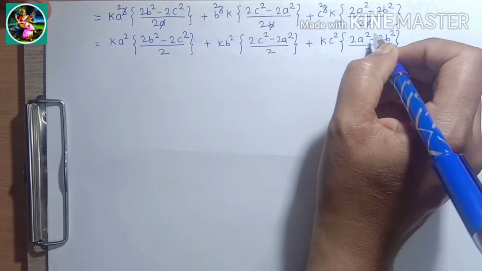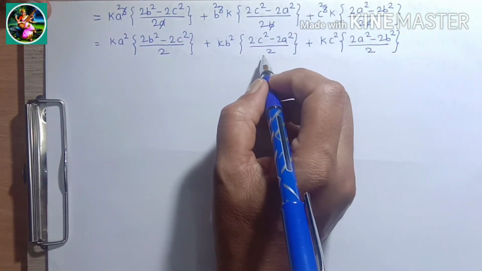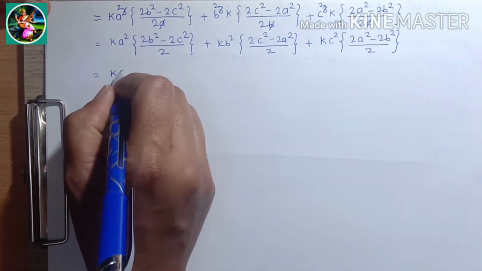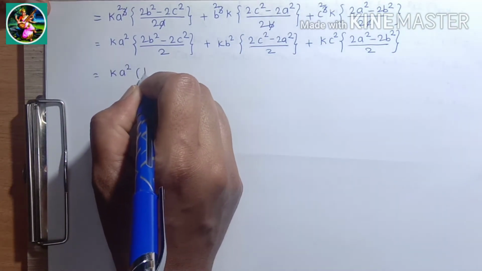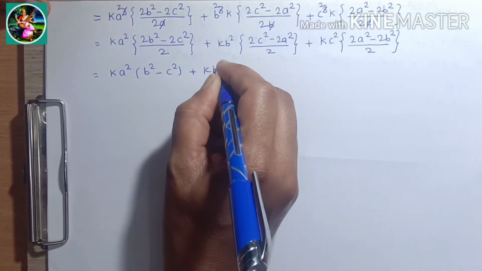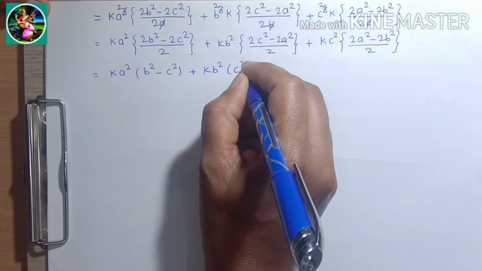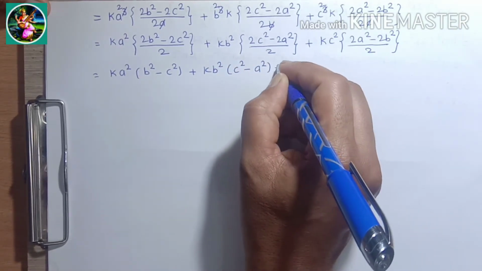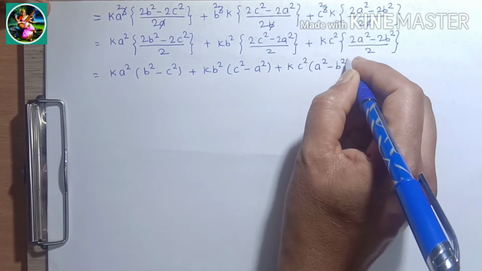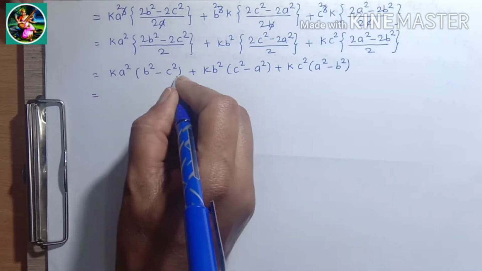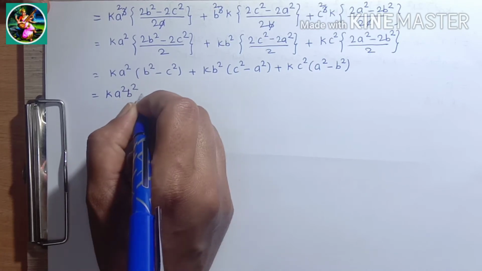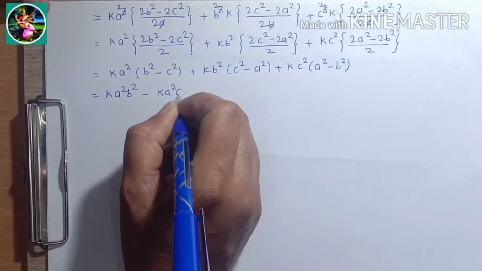We take 2 common from each numerator and cancel with this denominator. We get ka square into bracket b square minus c square, plus kb square into bracket c square minus a square, plus kc square into bracket a square minus b square. Now we multiply this term in the bracket, therefore we get ka square b square minus ka square c square